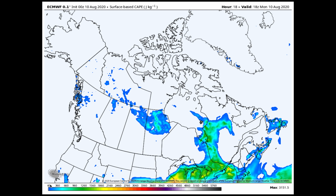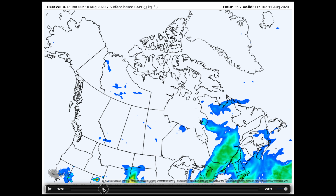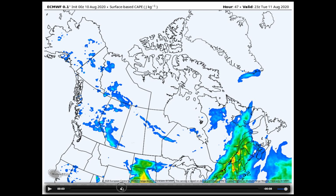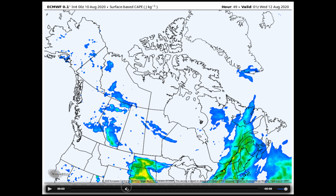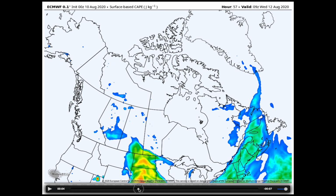So as we look at the forecast for instability, again, quiet as we are on the backside of that trough right now. So again, quiet conditions in the upper levels, quiet conditions down here in the lower levels as we keep a stable air mass in place. As we get into Wednesday, though, Wednesday afternoon and evening, as we start to bring this trough in from the west, the response at the surface is going to bring a...